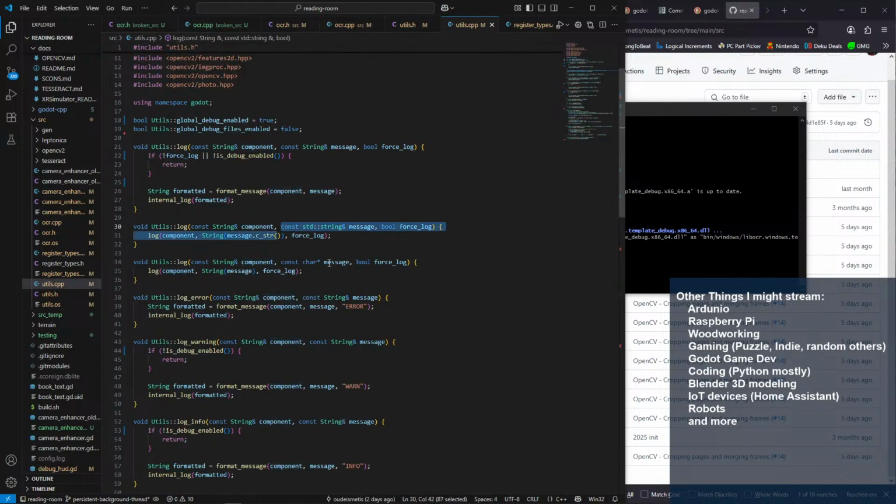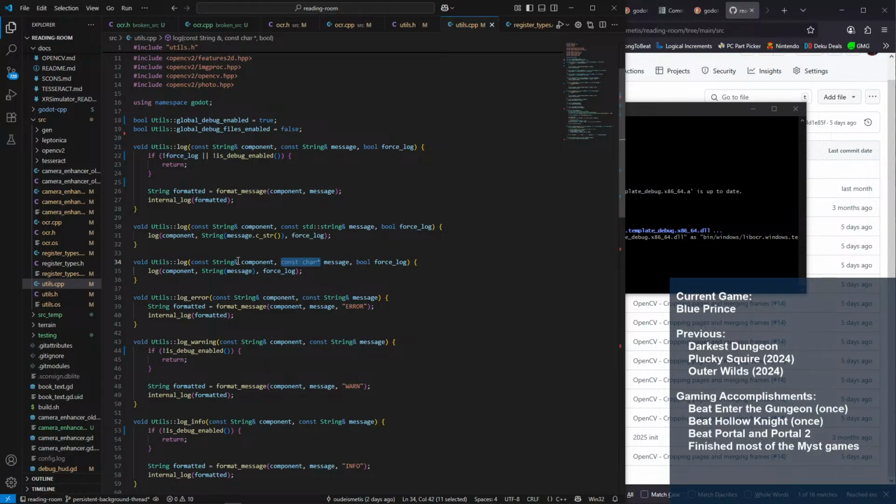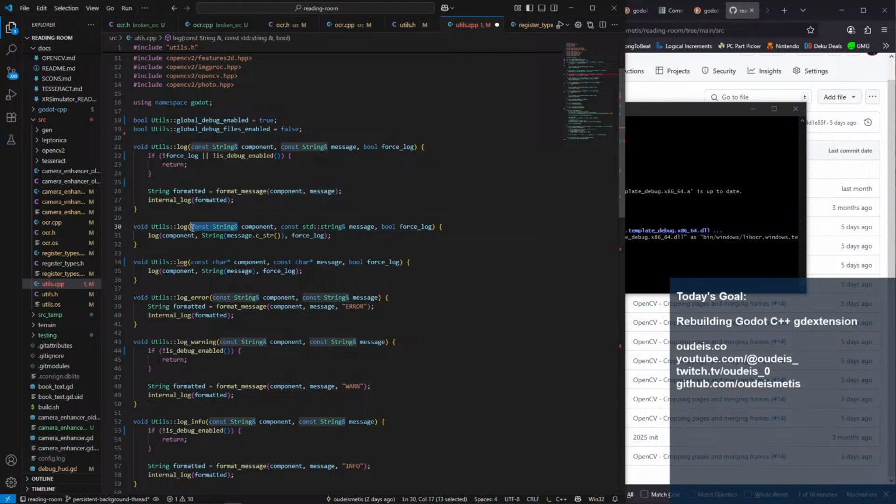So maybe the issue is that these should always be character arrays. Which means that this should be a string.